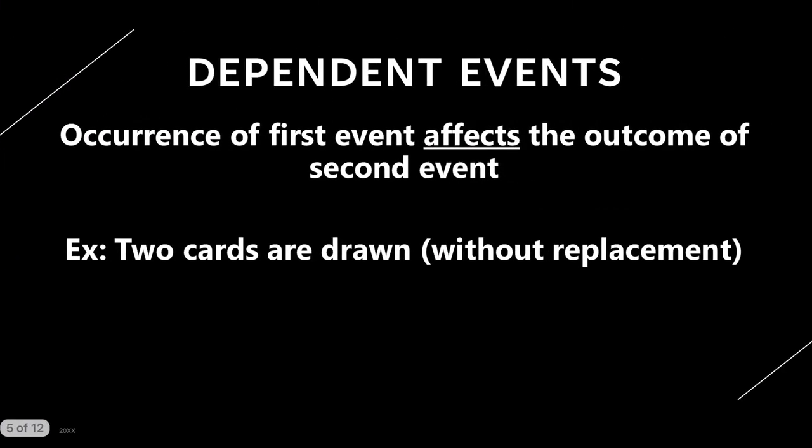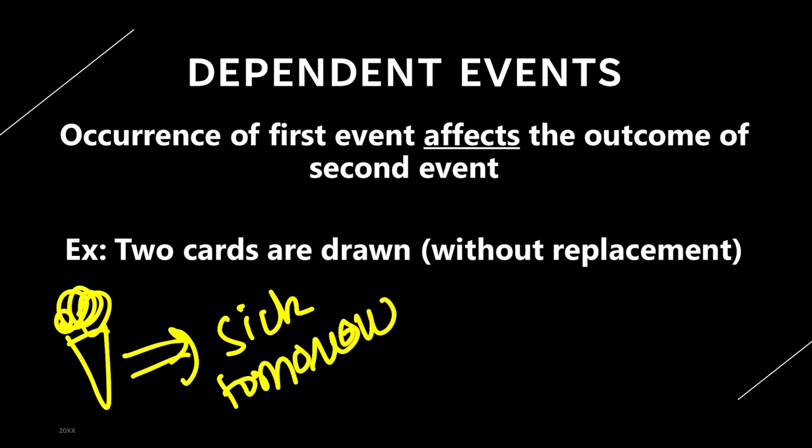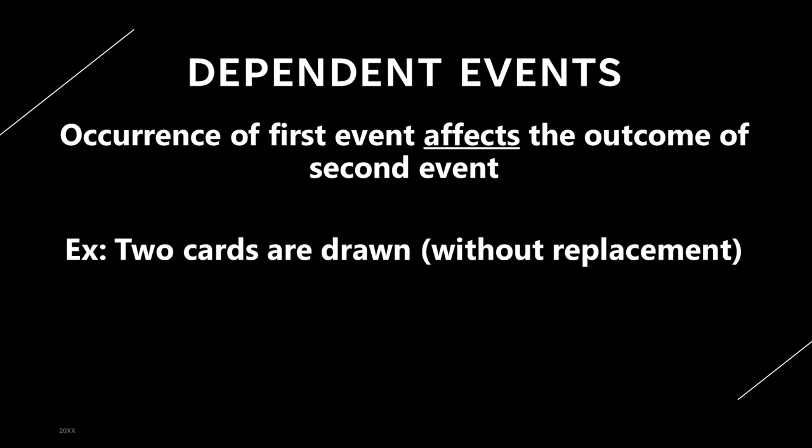Now, second thing, dependent events. Dependent events means, suppose I am eating an ice cream today, and what is the probability that I will get sick tomorrow? So I will have a fever tomorrow. Yes. Why? Because eating ice cream today might increase my chances of getting sick tomorrow. So these two events are dependent on each other.